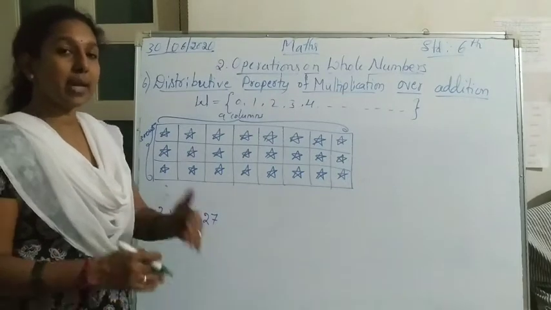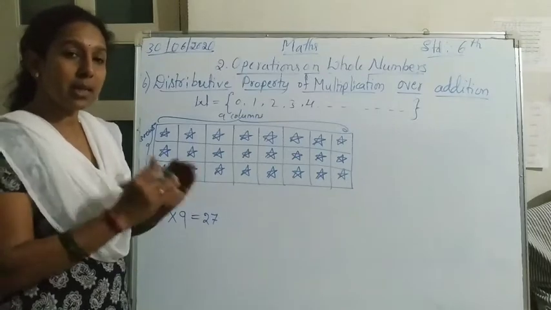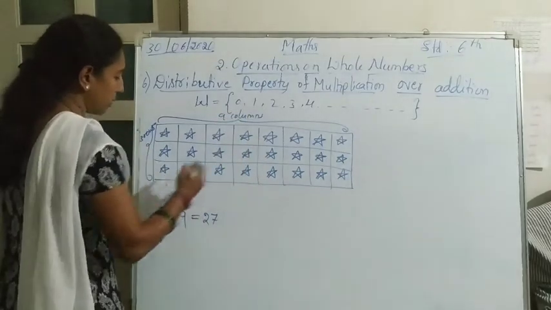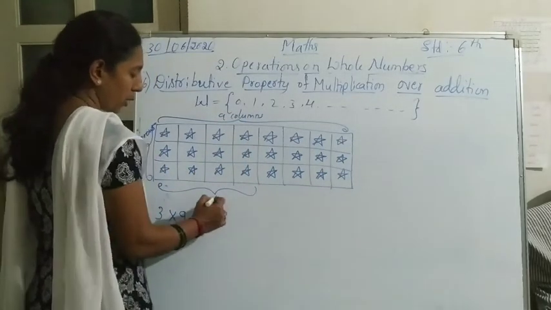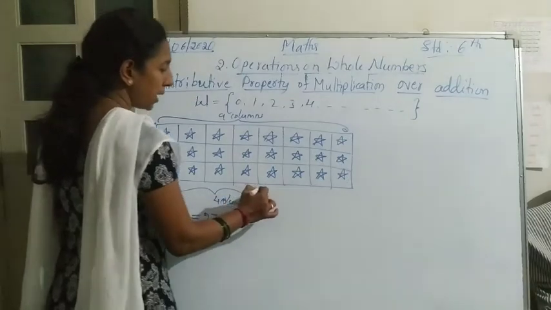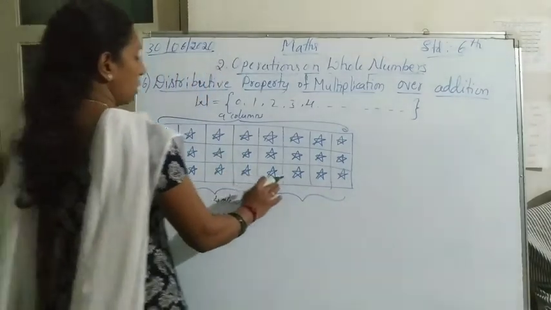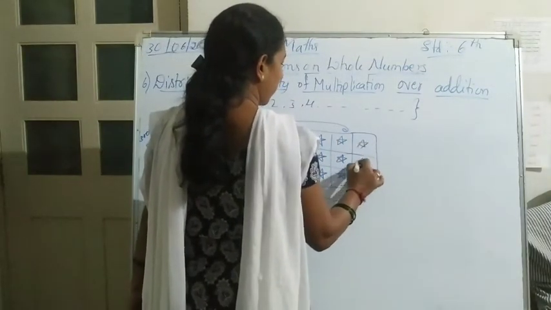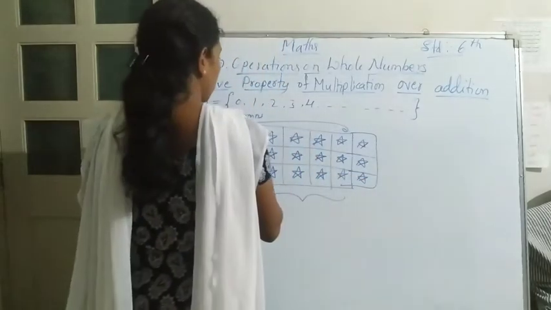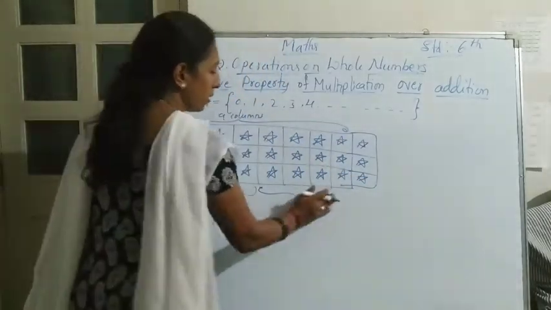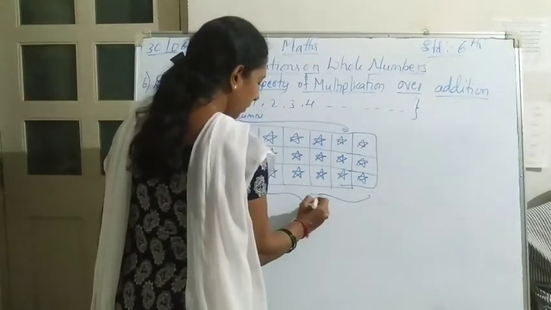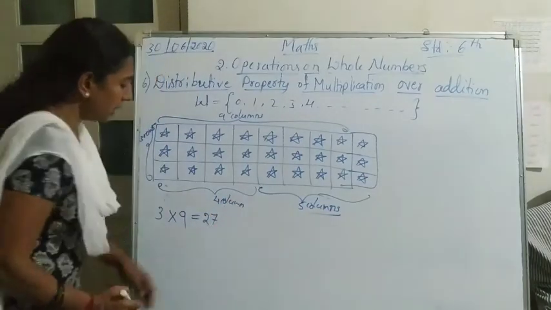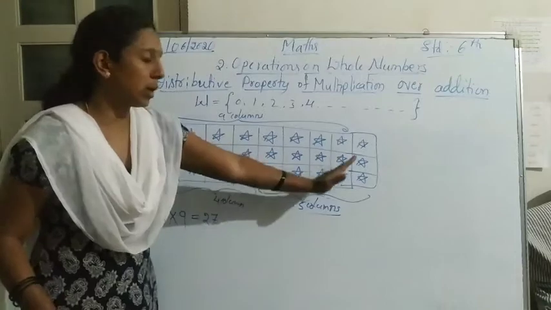This one only we can write in one more way. That is, we have to separate here. For example, what I will do, these 9 columns, I will divide them as 4 columns and another one, 5 columns. So now it is 5 columns. 4 columns, one group, and the 5 columns another group.